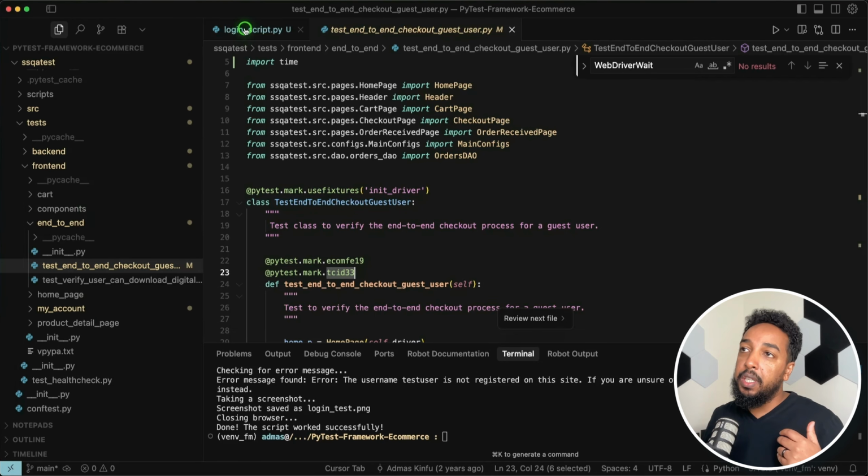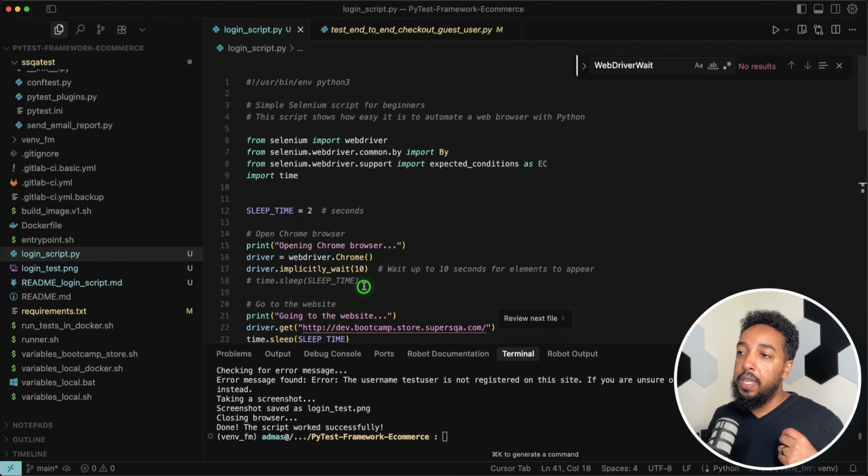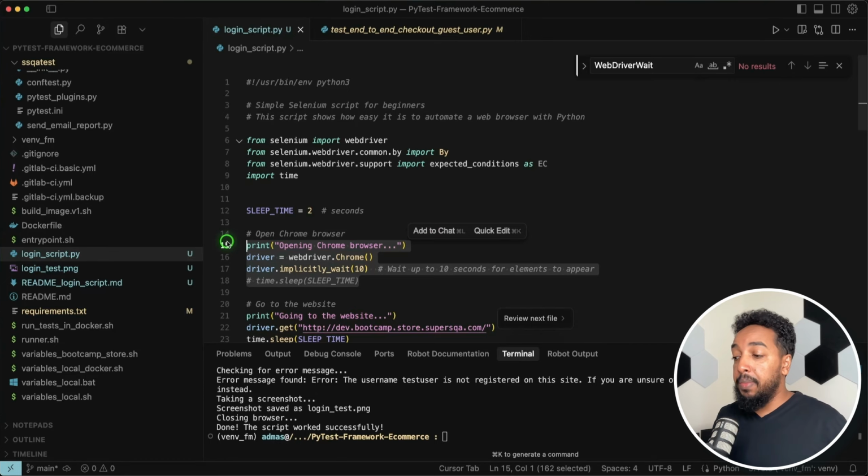For example, here in the script, we wrote code that says open the browser. But as you imagine, every test needs to open a browser. So if you're using a framework, you don't have to tell every test to open a browser. You have the function once, one place that opens a browser. Then every time you write a new test, you don't have to write new code to open a browser. That already exists. The tests automatically know they need to open a browser and use the existing one. So that's kind of what a framework is. I know I cannot explain the framework in a short amount of time and it's out of scope for this video. I just want to show you what Selenium looks like.